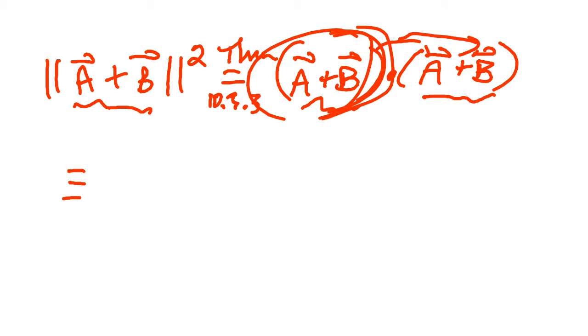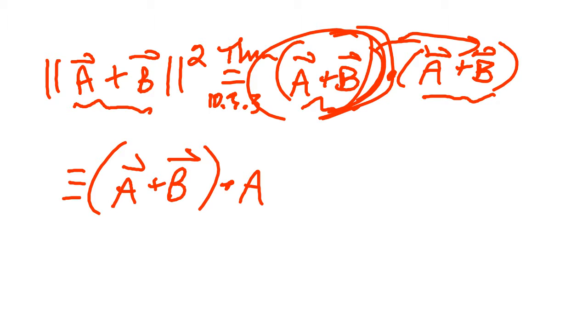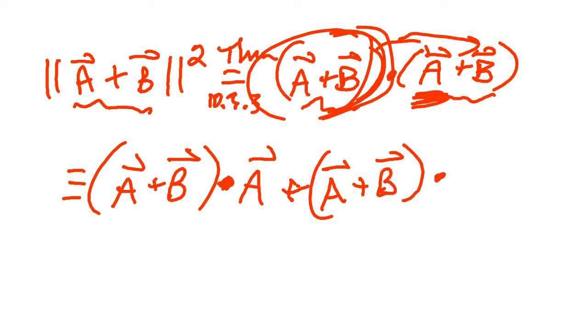So this is equivalent to A vector plus B vector dot the first one in this one, which is A vector, so dot A vector, plus the first thing, A vector plus B vector, dot the second one, B vector. And what law am I using? This is actually the distributive law that we had for